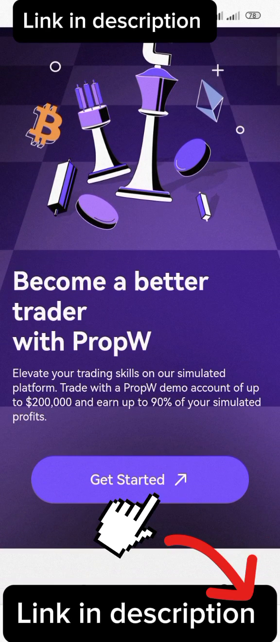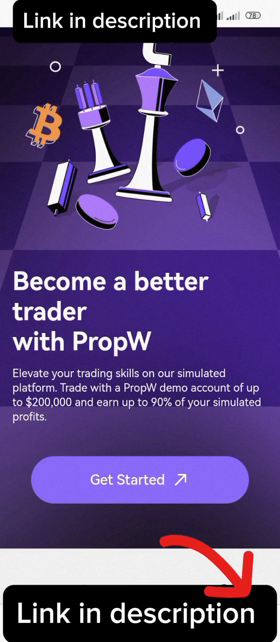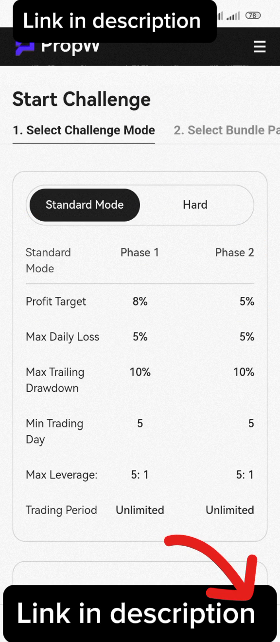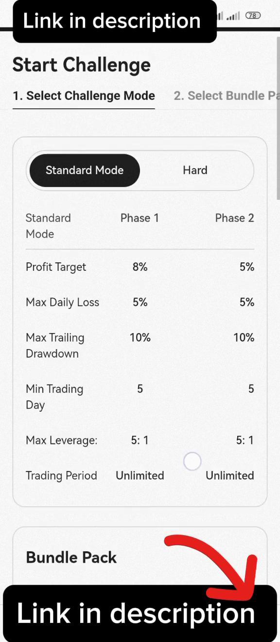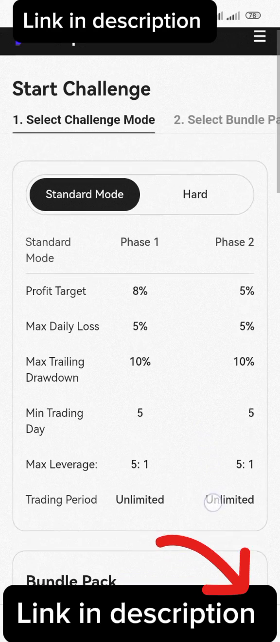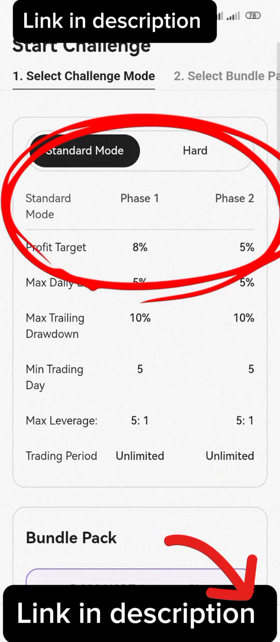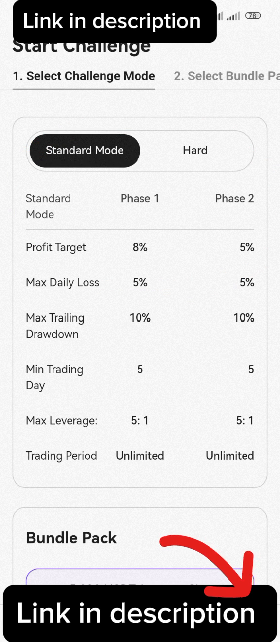So as you can see, you are now on PropW. All you have to do is click on get started and pick a challenge. So you can see here you have a challenge here. You have two phases. Phase 1, you have a profit target of 8%, phase 2 5%, and here is the